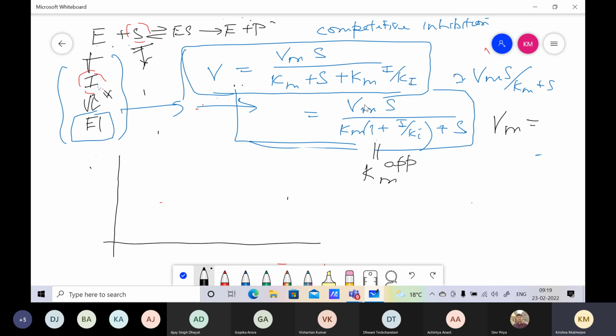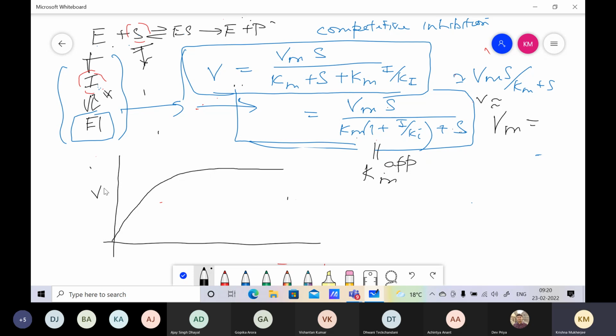So the Vmax value, notice when S is very large, S is much larger than Km, it is also much larger than Km apparent, and therefore S and S can be cancelled out, and therefore V is approximately equal to Vmax. So Vmax does not change, Km changes. So, no inhibitor,